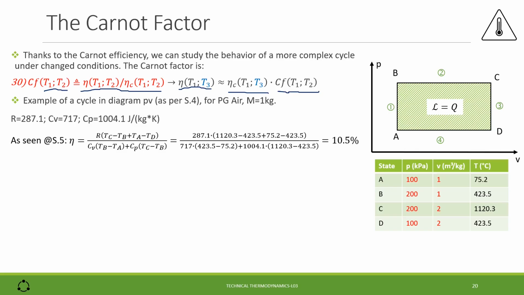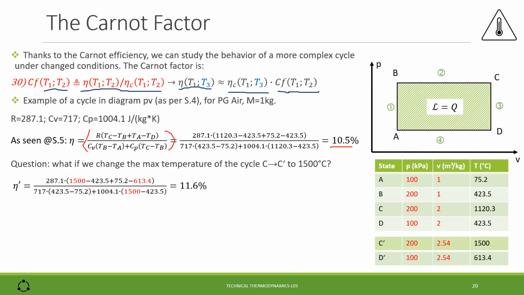As seen in slide number 5, the efficiency has this expression. If we replace the values that we find in the table, we come to the efficiency of 10.5%. Question: what happens if we change the maximum temperature of the cycle from 1120.3 to 1500 degrees? To calculate the efficiency, we simply replace the new values that we find in correspondence to the new states C' and D', and we find an efficiency of